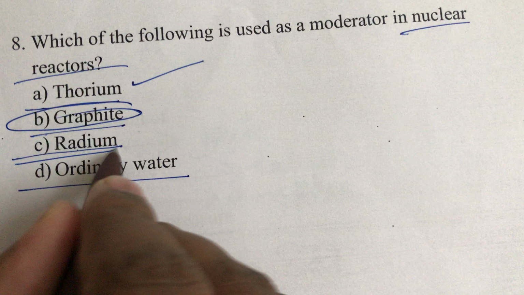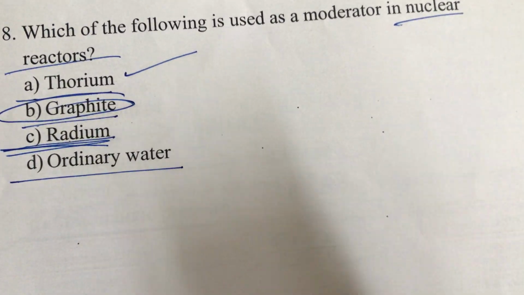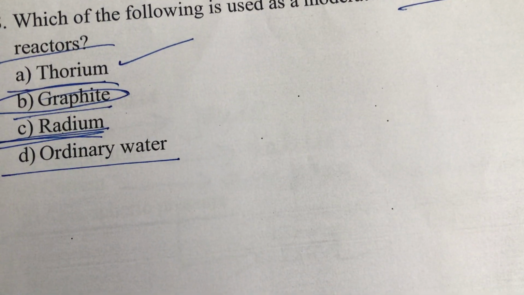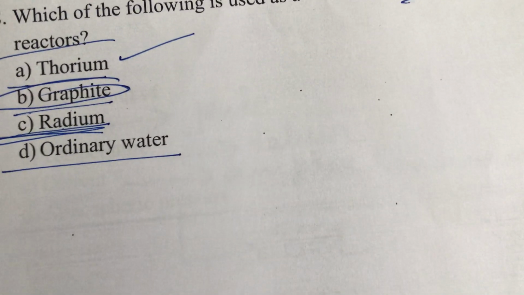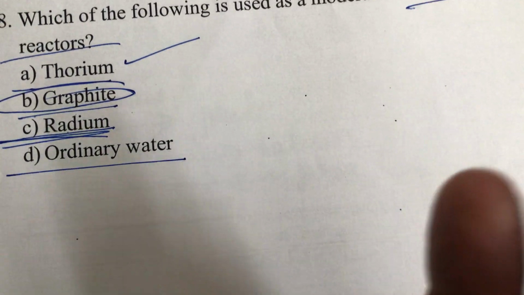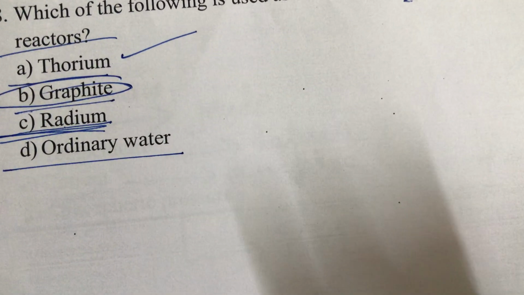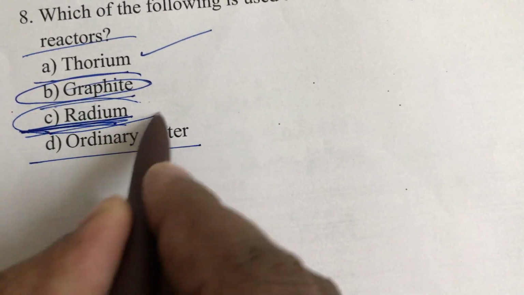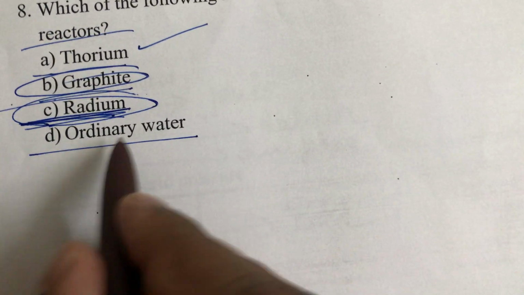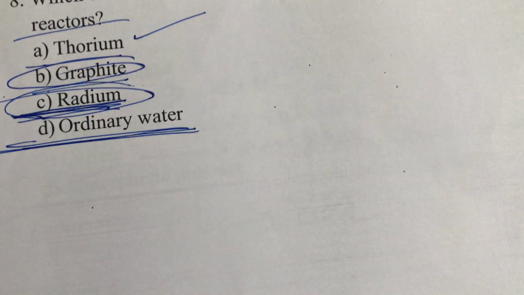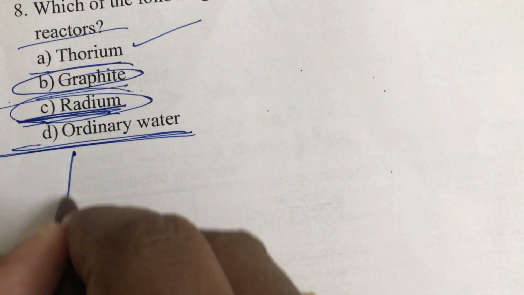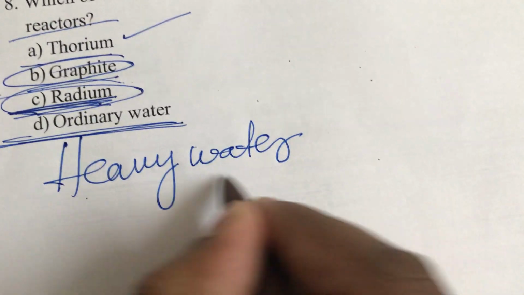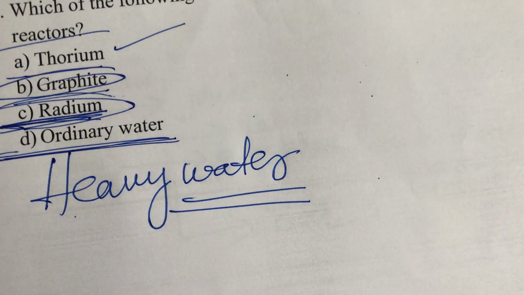Okay, and what is radium? Radium is basically used in nameplates and watches, where it gives reflections when light falls on it. So it is helpful for night driving or for checking signboards; wherever there are shining boards, they basically contain radium. And ordinary water we will not use in nuclear reactors. We basically use heavy water as a coolant or a controller in the nuclear reactors.